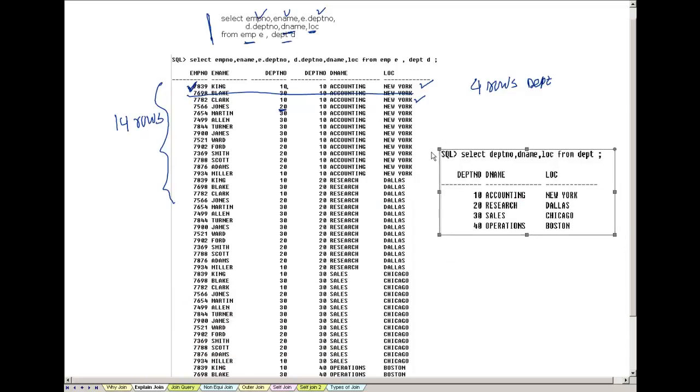So Jones is 20, and so this is not correct. Let's take any row: Jones 20, department number is 20, and he is in Dallas. Department 20 is Dallas, so this is correct. But Martin, department number 30, but here the department is 20,